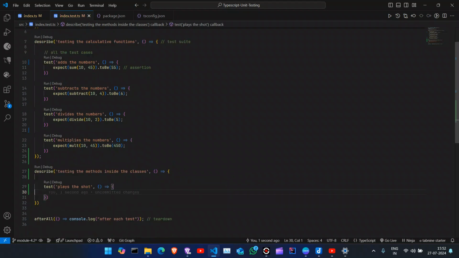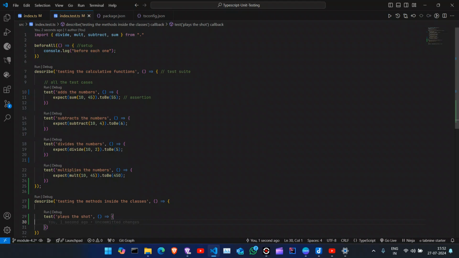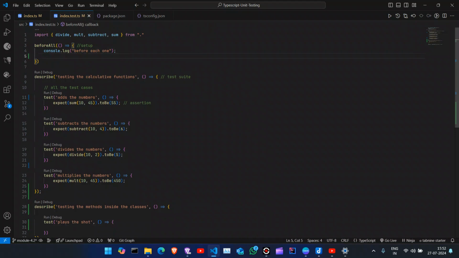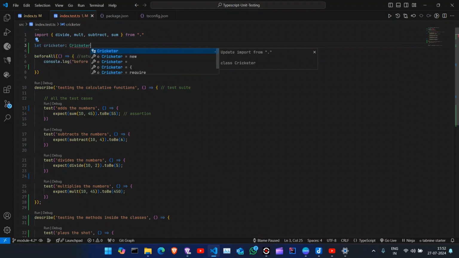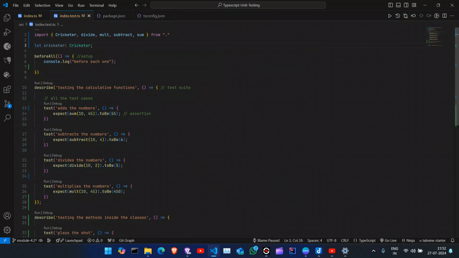Now what I am thinking is, I will first create a global variable, let cricketer. Alright, so here cricketer equals new Cricketer. Alright,